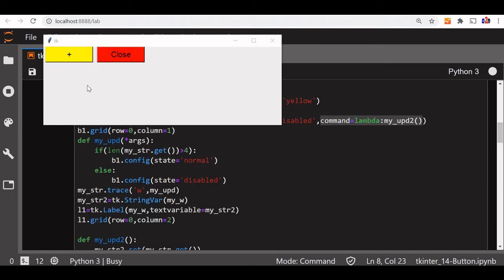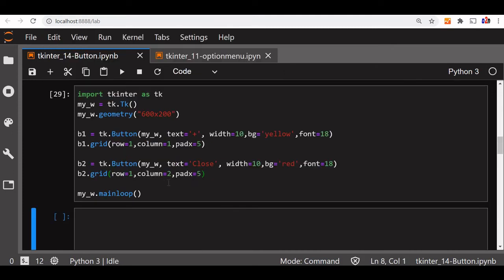There are two buttons here. One is the close button. By clicking that close button, we can close this window. We'll learn that. And another one has a plus sign. This button will every time read the width of the close button, and on click of this it will add another 5 to the width and increase the width of it. We can see the demo also. So what we are doing is reading the width and again resetting and setting it to a new value. That we will learn now.